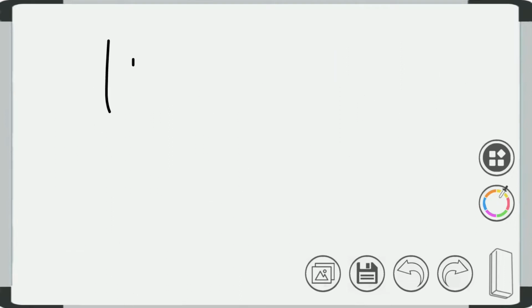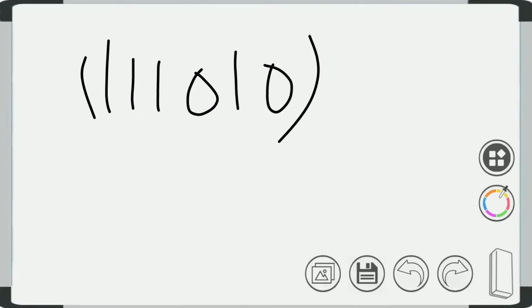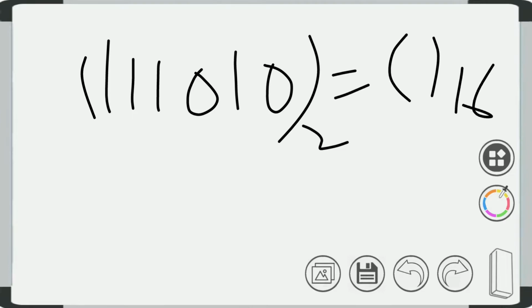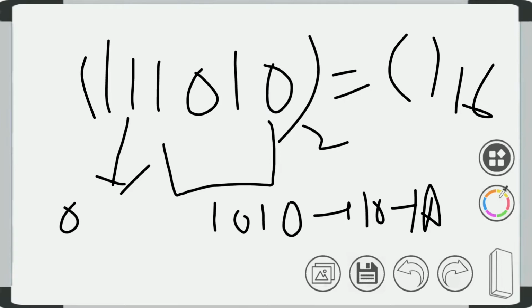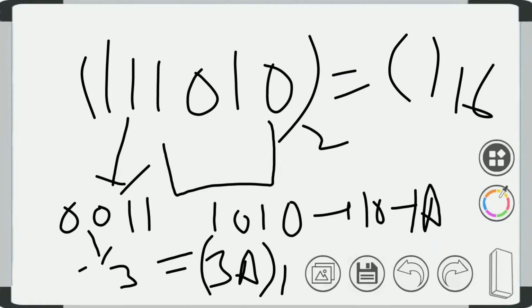Now, this binary number system will be converted into its hexadecimal number system. As we know that from binary to hexadecimal number system, the grouping of 4 bits is done from right to left. So 1010, which is 10, and it is represented in hexa as A. Now only 2 bits are left. You can make it into 4 bits, that is 0011, and this is 3. So the final value is 3A in base 16.